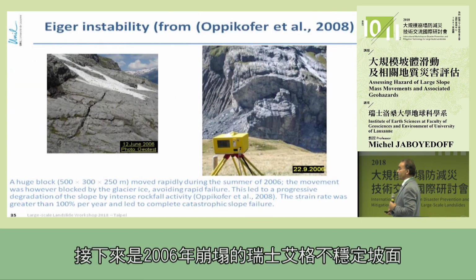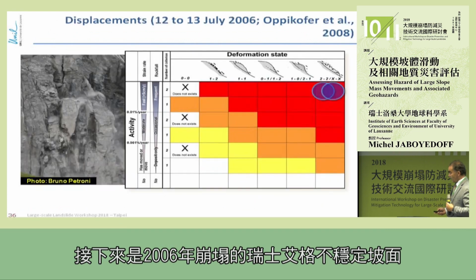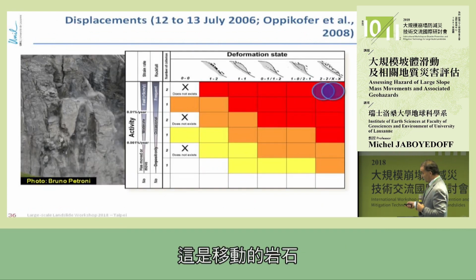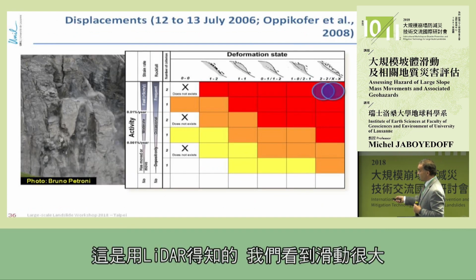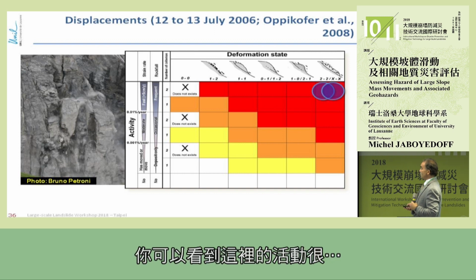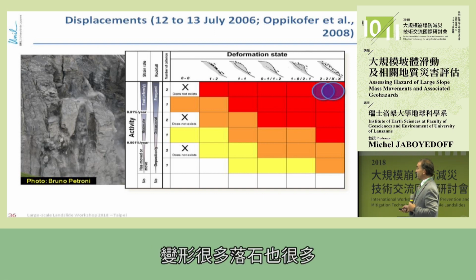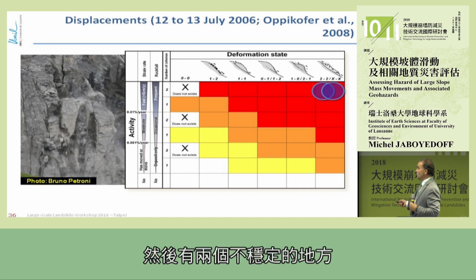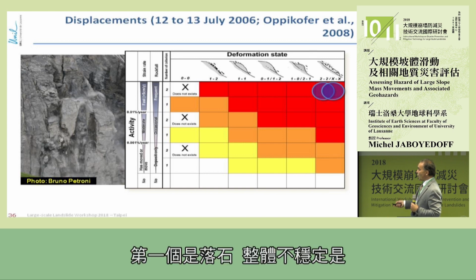Next one is the Eiger instability, which failed in 2006 in Switzerland, and these are blocks that were moved. This has been done by LiDAR. You see the movements were rather high, and this is about 100 meters thick. And then you see that the deformation was very high, rockfall also, and then the two instabilities, this was a first rockfall,